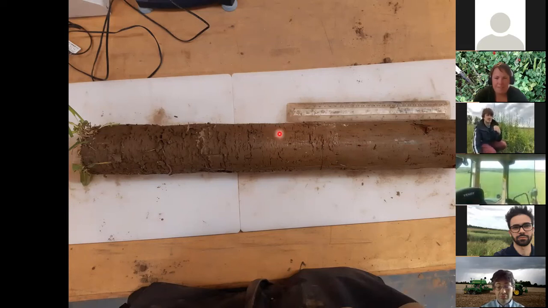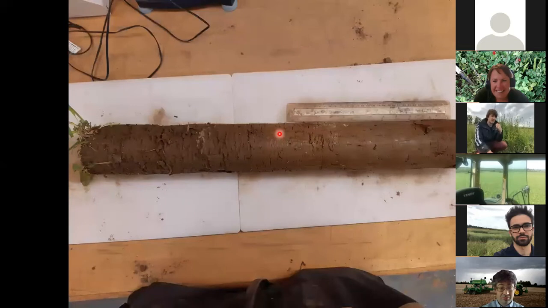Thanks very much. Thanks, Patrick. I just put up a picture of one of your soil cores there, I think. Okay, so we can see the soil cores, yeah. They're nice and big as well. Soil coring is generally hindered by the cores being too small. These are the biggest you can get, 9 centimeter diameter. So I think from those, we're going to get a very clear idea of what's going on beneath the ground in these layers.